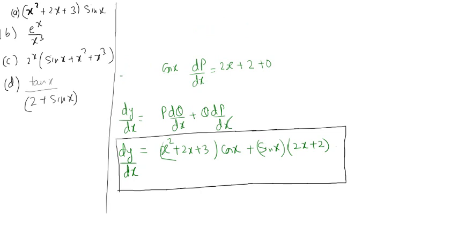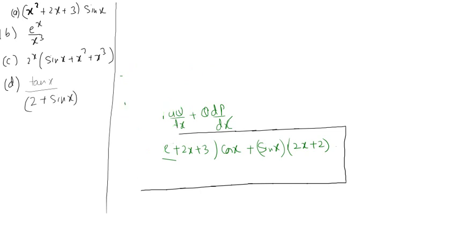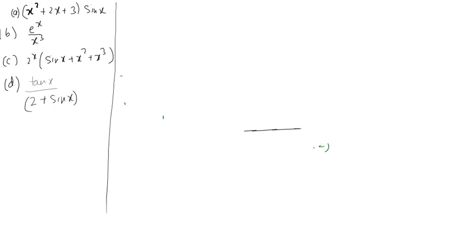Let us discuss the second expression now. The second expression is e to the power x by x cube. So we have to differentiate e to the power x by x cube. We will use the quotient rule here, where we can find the derivative of p by q. Using the formula d by dx of p by q is equal to q squared in the denominator, and q into dp by dx minus p into dq by dx. Sorry. So the formula that I'm going to use here is d by dx of p by q is equal to